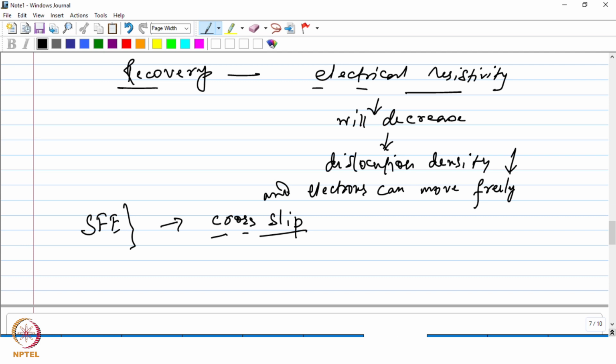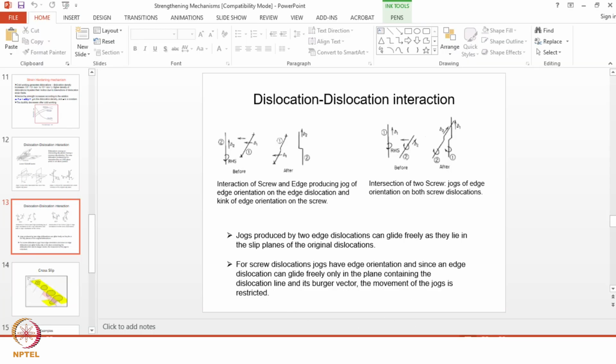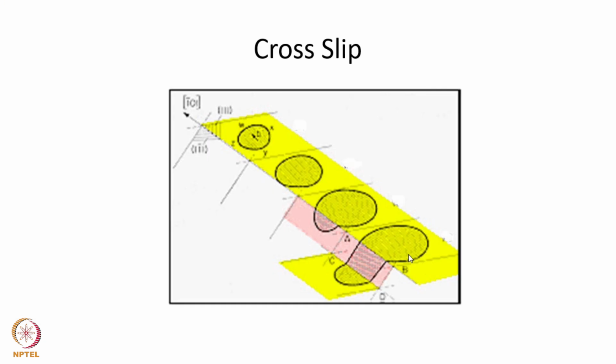What is cross slip? You can probably visualize from this particular picture over here. This is a diagram which depicts the cross slip. Here you have a dislocation loop. One side of the loop is edge in nature, and another side is screw. The X and Z sides that you see are parallel to the Burgers vector, so that is screw in nature, and the other side, W and Y, these two sides are